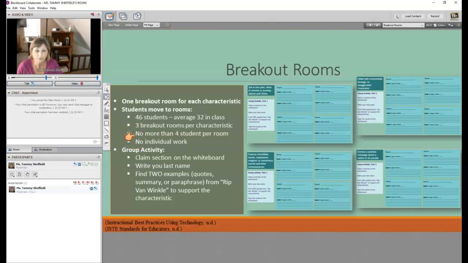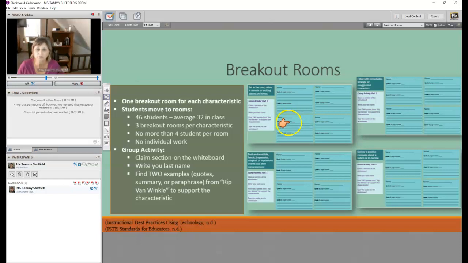in the room. Now, nobody is going to be allowed to work alone. So if I see one of the breakout rooms only has 1 person in it, I'm going to move that person into a breakout room with other individuals. If I have more students, say more of my students choose characteristic 1 than I have breakout rooms, I can very easily and quickly create another breakout room for those additional students and have them move